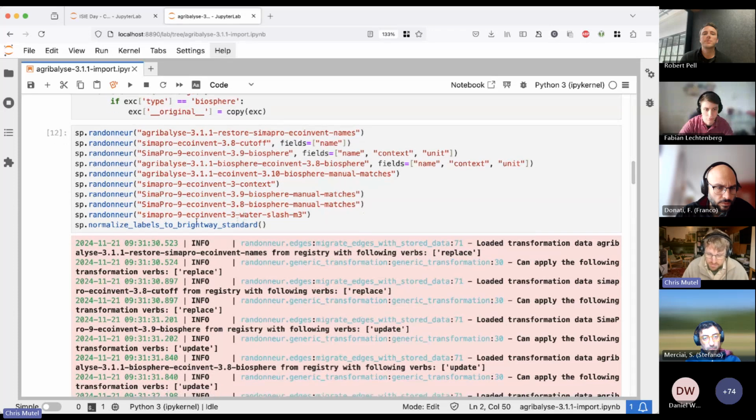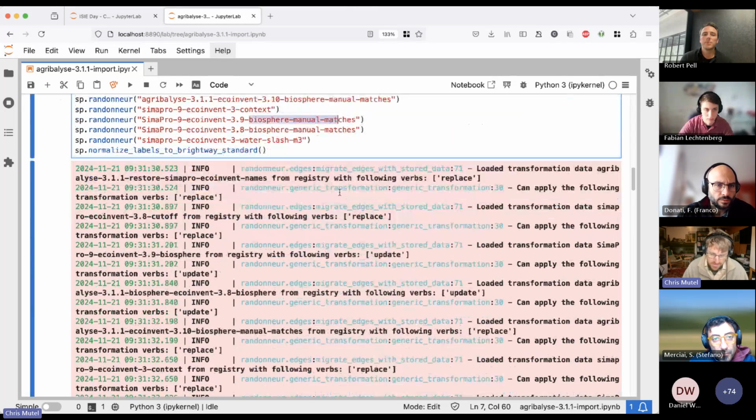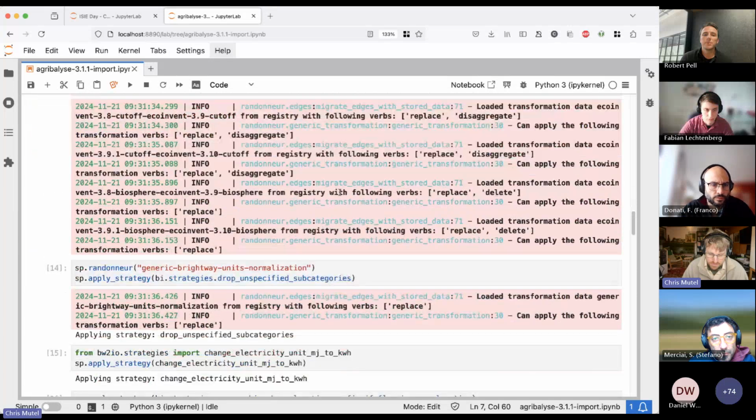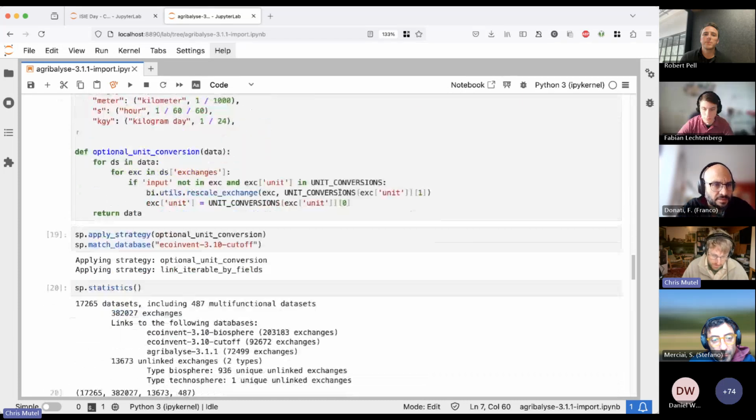And we have to do a bunch of specific things because, of course, none of this stuff is simple. Especially when it comes to biosphere, we have a bunch of manual matches, a bunch of automatic matches, and some special cases. We have to deal with the case, for example, that SimaPro has decided to regionalize elementary flows, but in a way which is very difficult to deal with. Anyway, you apply a whole bunch of these different types of transformations, and eventually you come